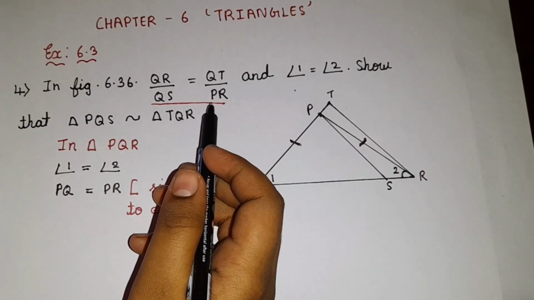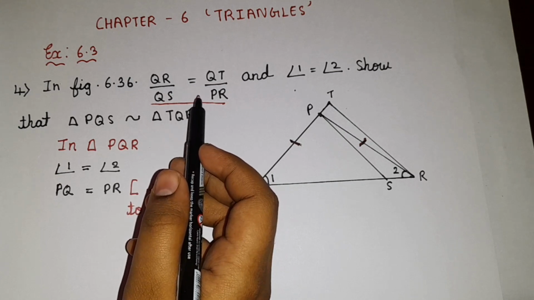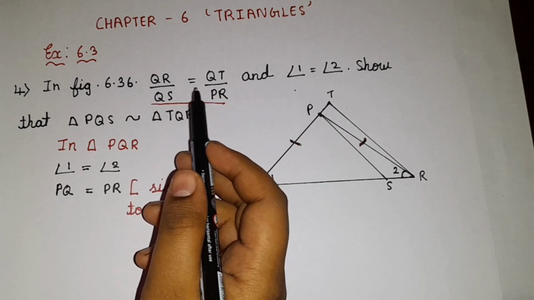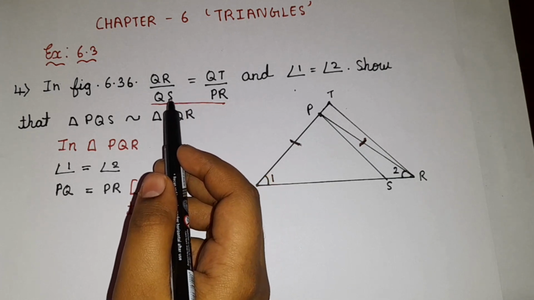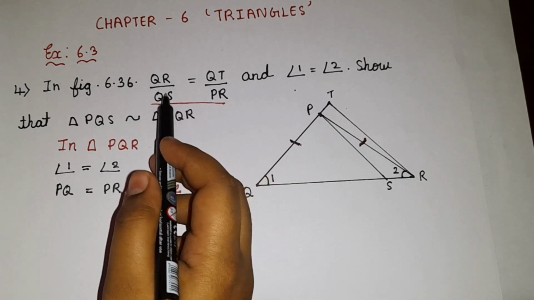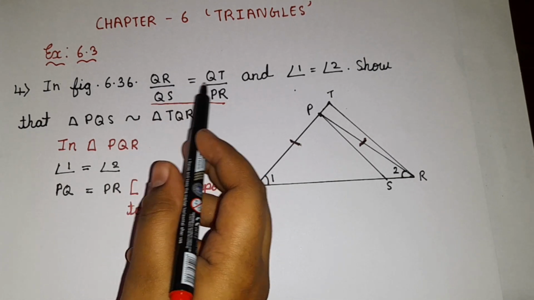So you guys might be wondering why are we using this value? Because they mentioned this value in the question, just to use it, am I right? So we are supposed to use it. So now we are going to be using this value, that is QR by QS is equal to QT by,